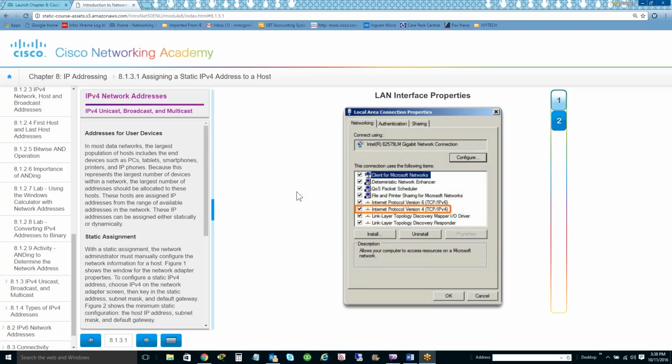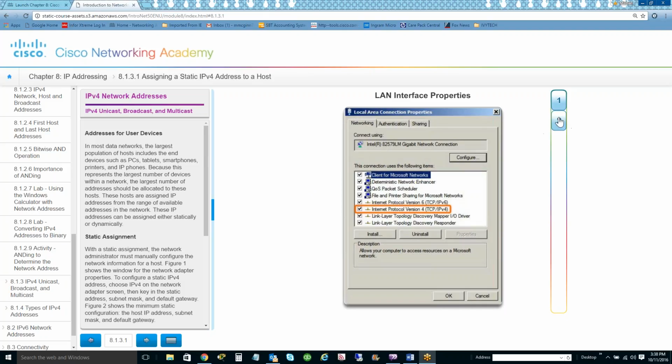So how do addresses get assigned to devices? You know, we've got all kinds of devices. We've got PCs, tablets, smartphones, IP phones, network printers, servers, etc. Well, there's two ways that IP addresses get assigned. They can be assigned dynamically through a DHCP server, where through a protocol called DHCP, the device goes out to a DHCP server and it is given a lease for an address that is available on that local area network. Another way that it can be done is through what is called a static assignment, and that's where